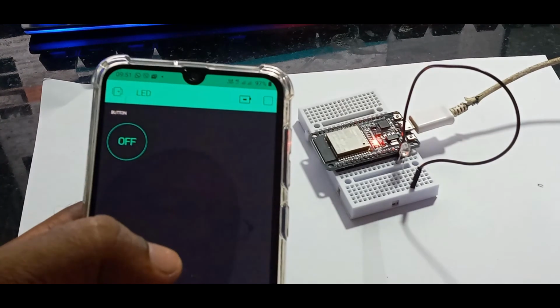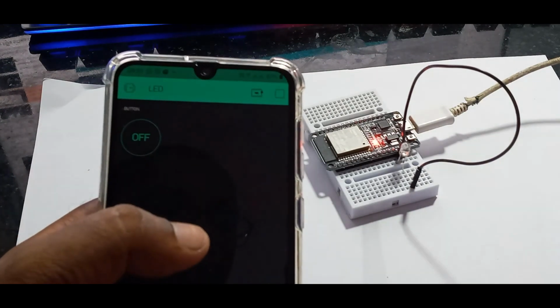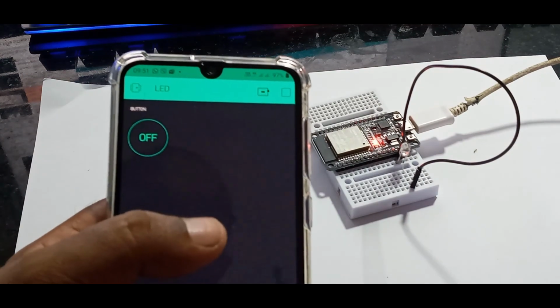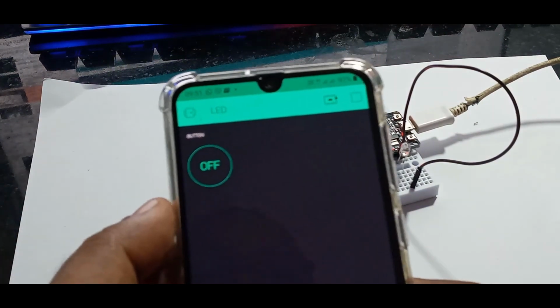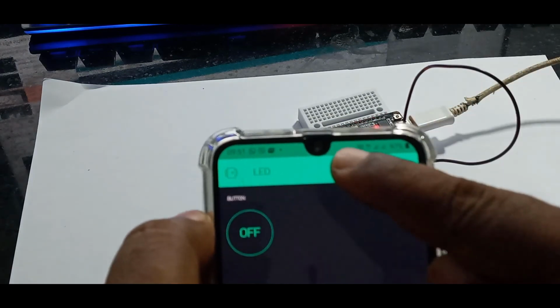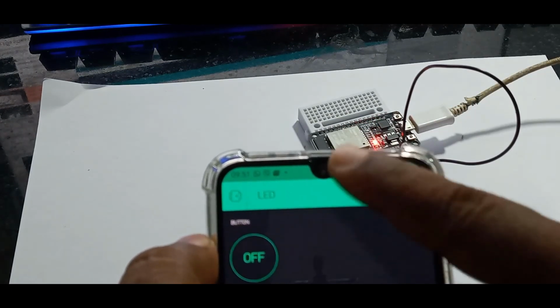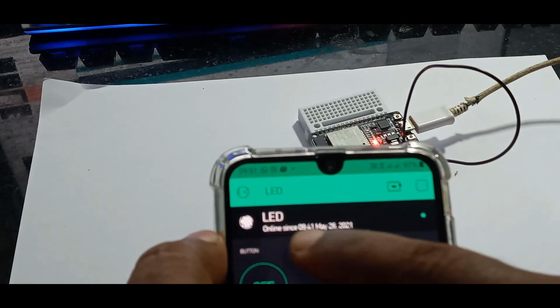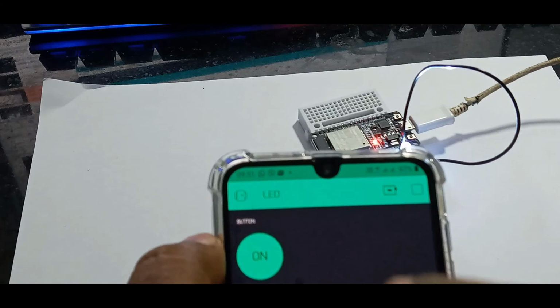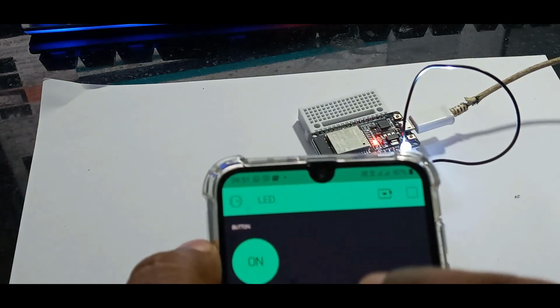Now we will test the program through wide area network, that is through mobile data. So I will first test the availability because I have disconnected the Wi-Fi. It is on mobile data now. Yeah, it is online. Let's see. Wow, it works.